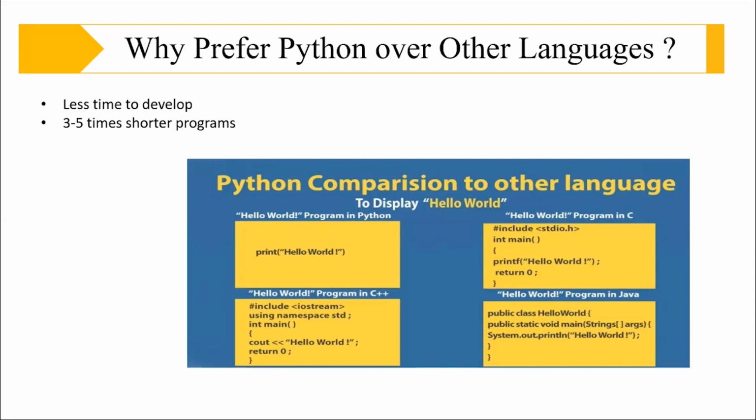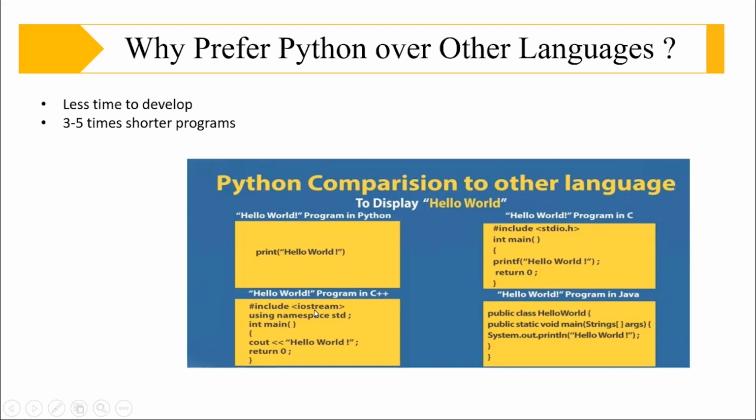If we try writing the equivalent code in C, C++, and Java, let's see what happens. So in C programming language, you first need to include the header file, standard input output header files. Then you need to write the main function, and then flower bracket, and then printf, that is the output function, hello world, and return 0, and then close the bracket. Same goes with C++.